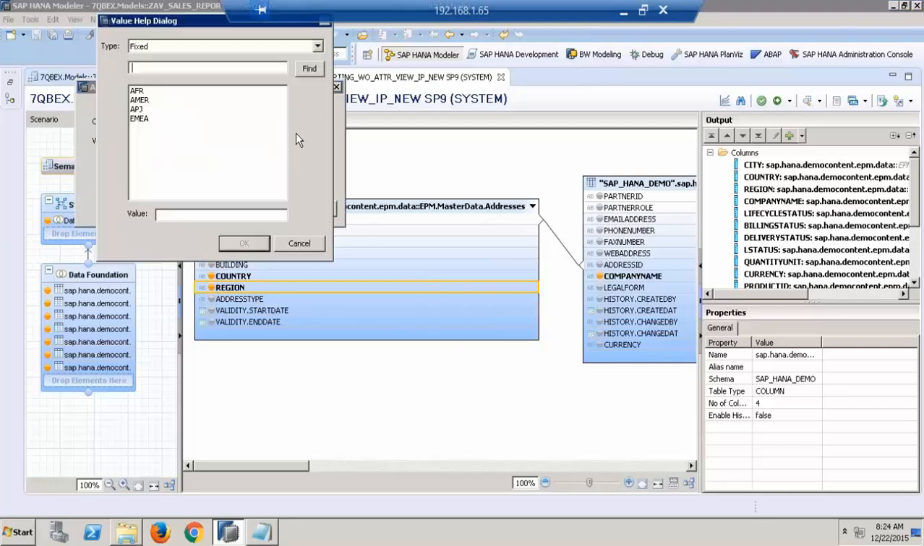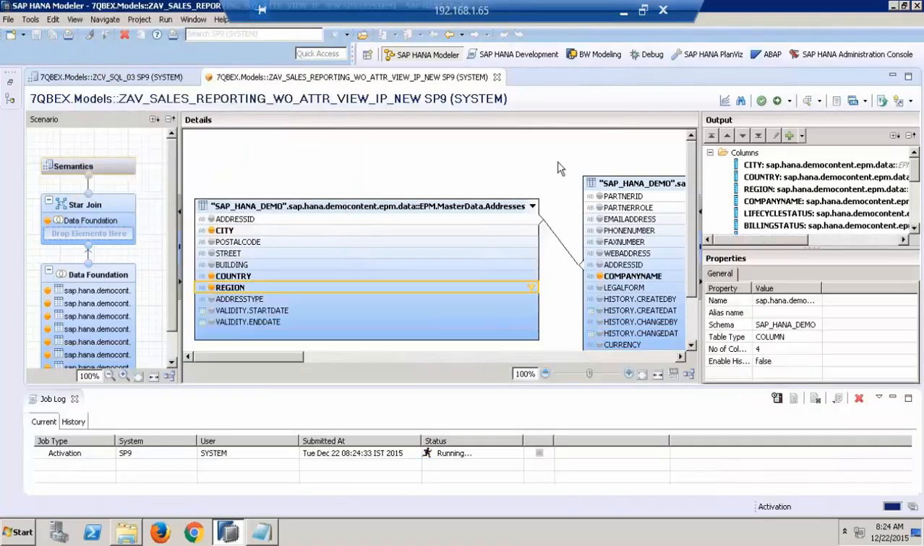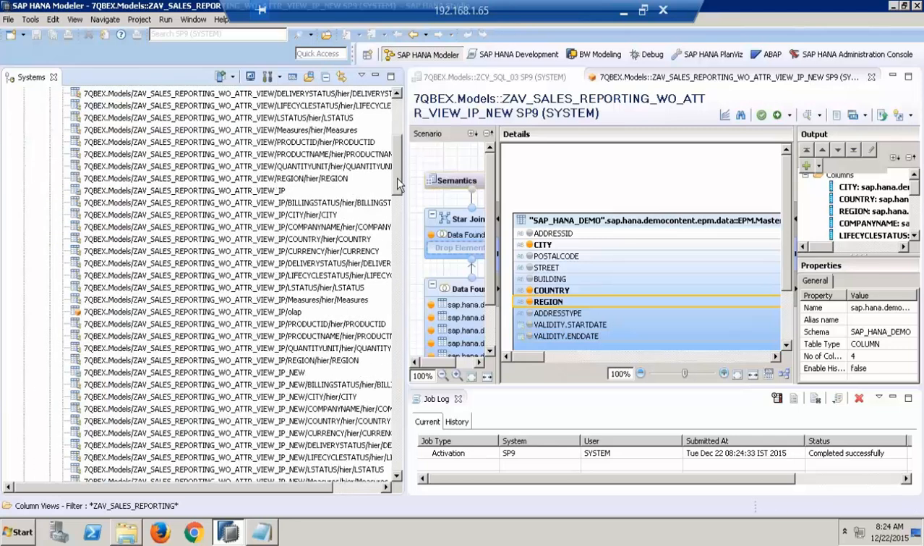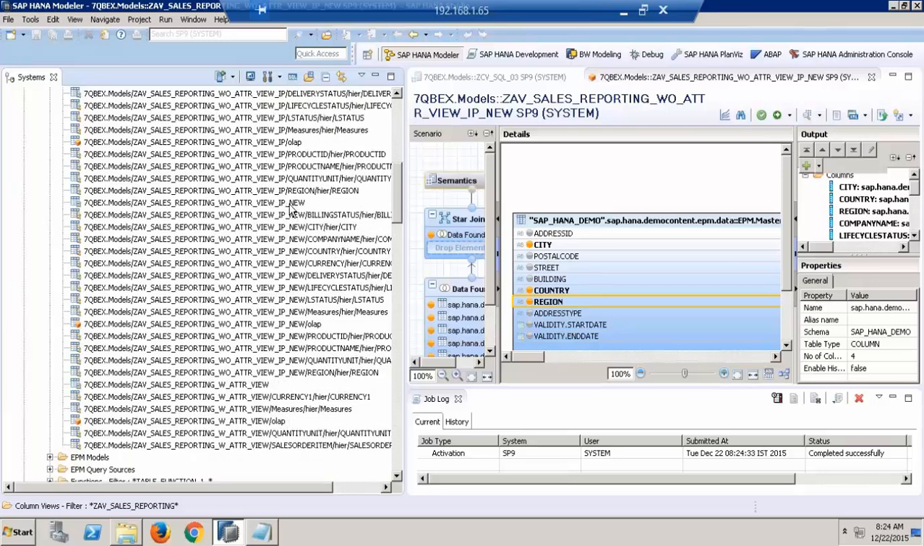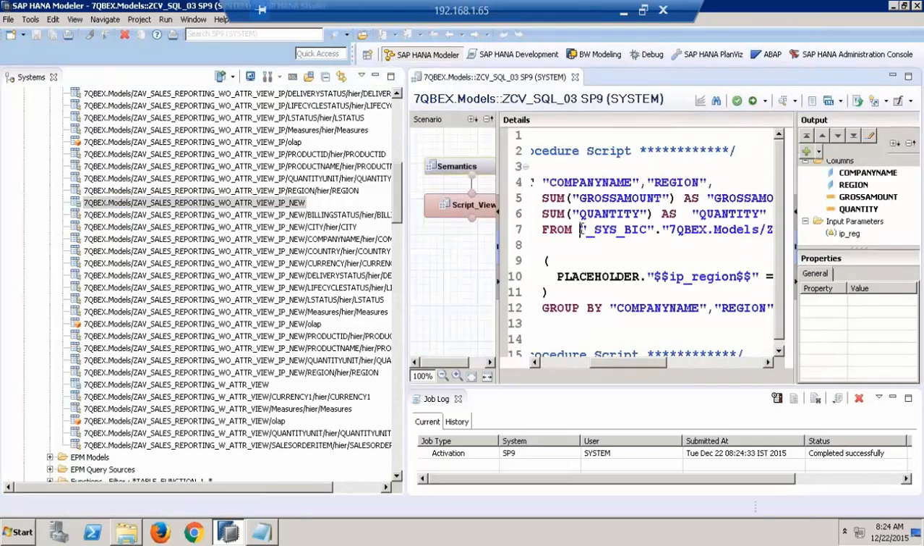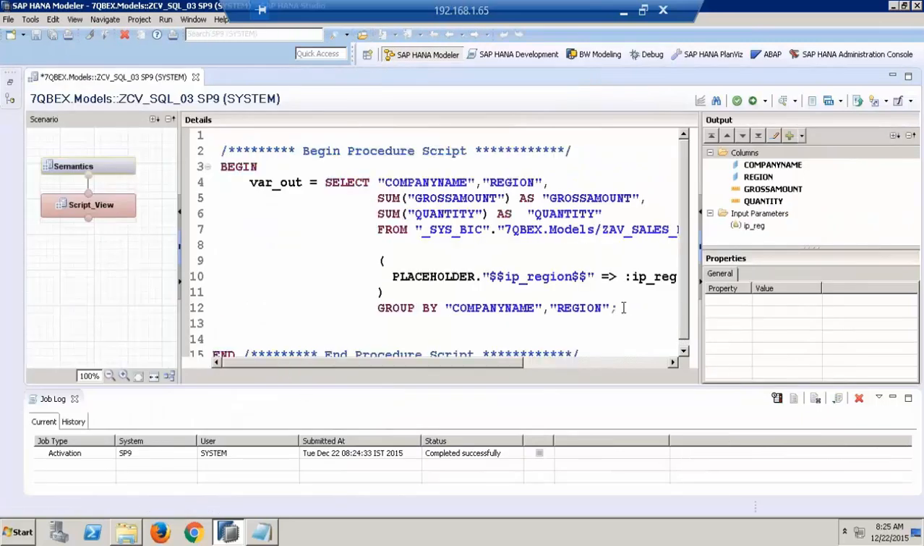Let's go here. Create one input parameter IP underscore region. Let me apply that to the filter. And then IP underscore